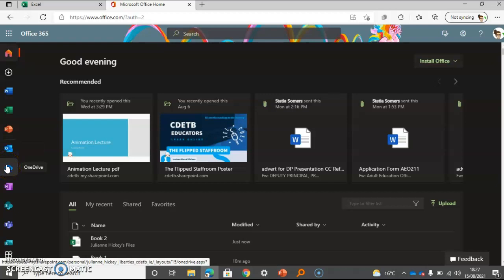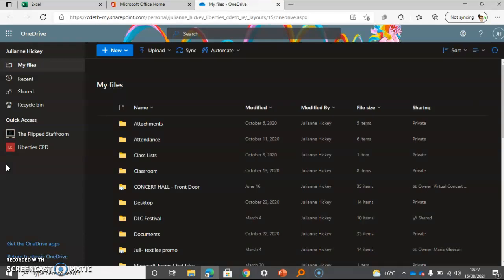So any days off, any midterm breaks, things like this should all be found in your Outlook calendar. The main area you're going to be looking at a lot will be OneDrive. This is opening up my online OneDrive. This basically is quick access to any of your folders that you have created, or any folders that you may create in the future. So all of your documents, either Excel, PowerPoint, Word, whatever documents you made while logged in to a college PC, or logged in online at home, or even logged in using the college login you were given onto the actual OneDrive app or Office app within your PC itself, everything should be stored in the one